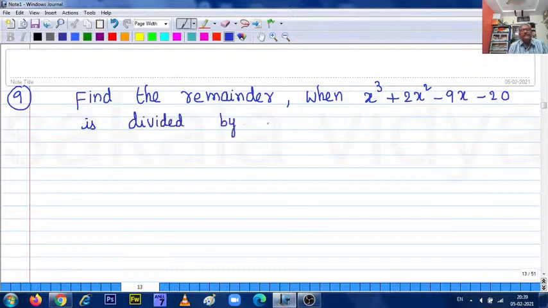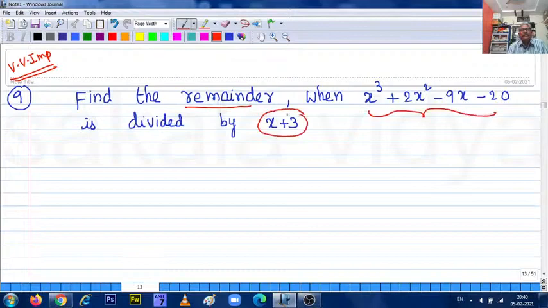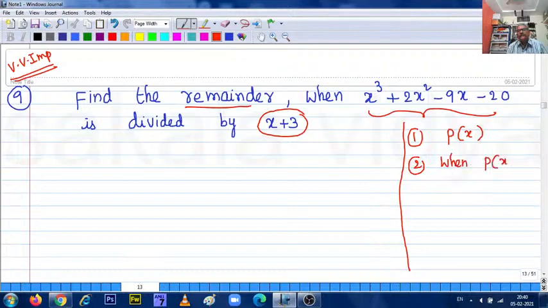by x plus 3. This is very, very important for 9th class as well as 10th class students. So you need to find the remainder when it is divided by x plus 3. You need to use the remainder theorem. So what is the remainder theorem? Briefly I will explain. For example, say this is p of x. Say when p of x is divided